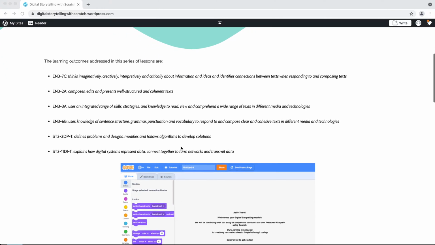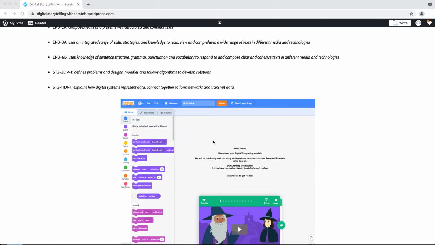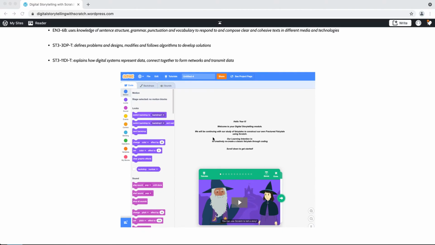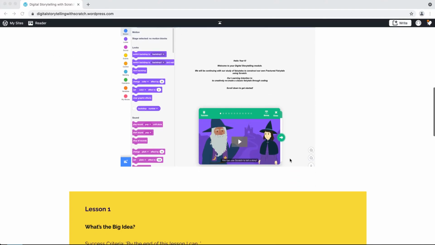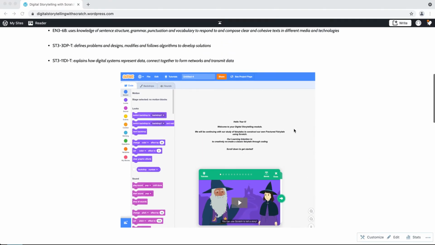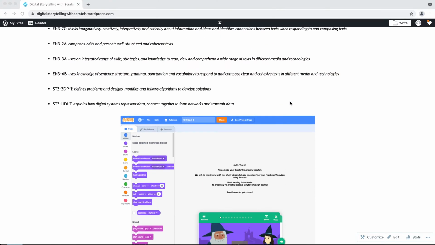For the literacy component, they're focusing on rewriting a fairy tale to create a fractured fairy tale, which means they're either writing the story from a different perspective or they're creating an alternate ending. And the first few lessons scaffold their ability to demonstrate that they comprehend the traditional fairy tale and then rewrite it themselves. And throughout lessons 2 and 3, they are